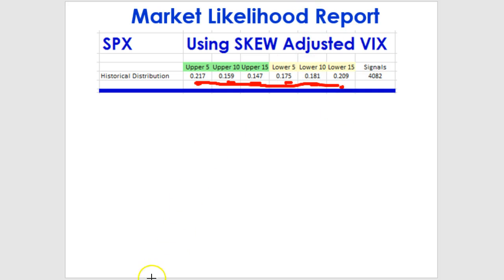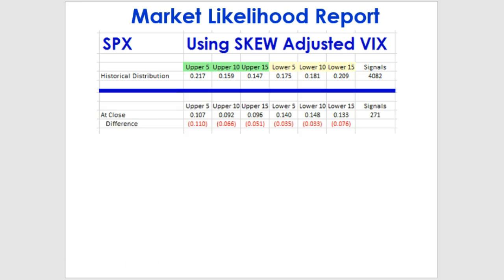At the close, clearly, look at this. Clearly we have instances where the bands were struck less often than historical across all 6 time frames here, 5, 10, and 15, upper and lower. If price exceeds Friday's high,